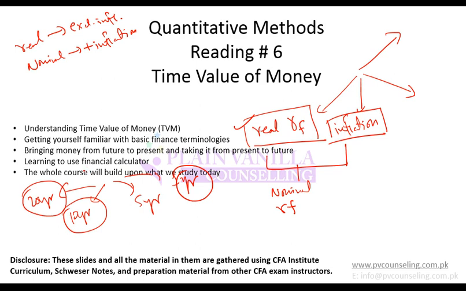Why? Because I am getting my money stuck for 20 years and I do not know what will happen during these 20 years. So there should be a premium for this difference in time period as well, and that premium is known as the maturity premium. That is the premium for the maturity of the investment, or the time period of the investment.